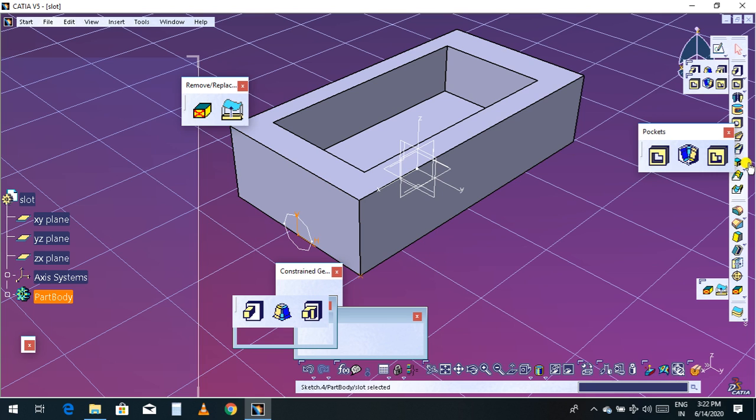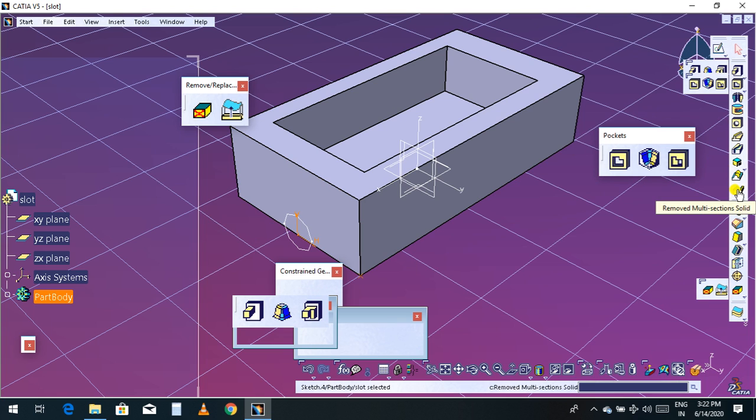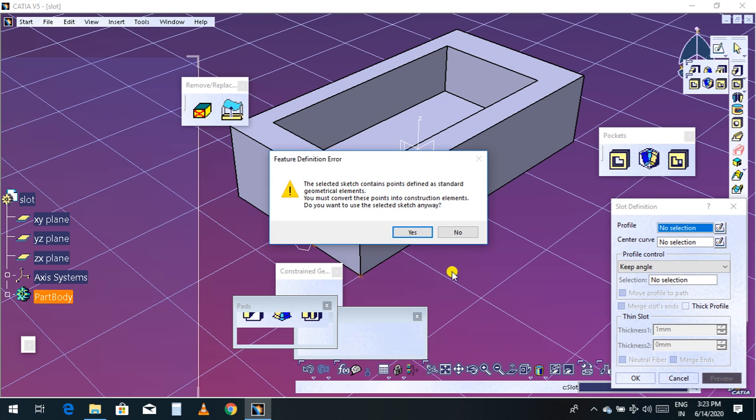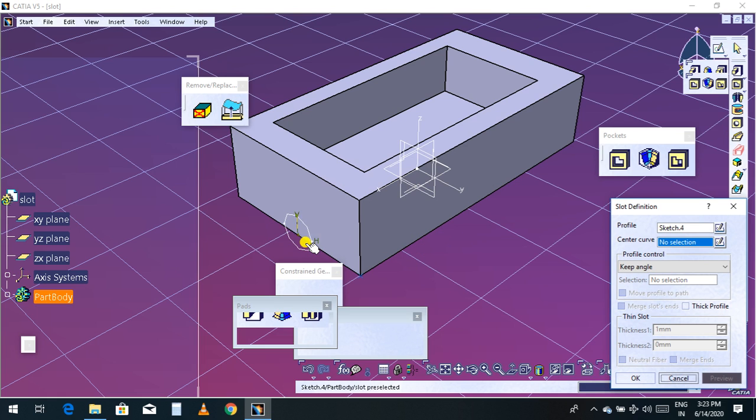Now I am going to use this slot command. There is a slot, so click the slot. The sketch is standard. Okay, now this is our sketch.